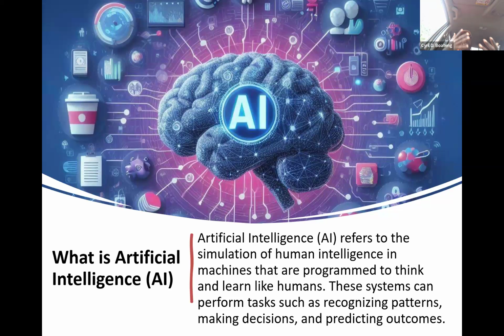Artificial intelligence is just when you are able to get a machine to behave like a human. So what happens when, for instance, you are searching in Google, you put in a word, and then there are a couple of suggestions for you to pick. There's some form of artificial intelligence mechanism behind that, or machine learning, as you say. When you are probably saying, okay, I want to watch a movie on Netflix, you go to Netflix and you see that Netflix is suggesting, based on your previous movies that you watched, the movies that they think you'll be interested in. There will be some form of artificial intelligence mechanism behind that.